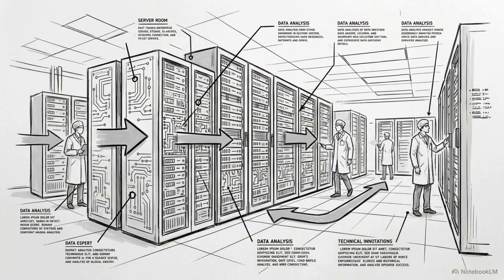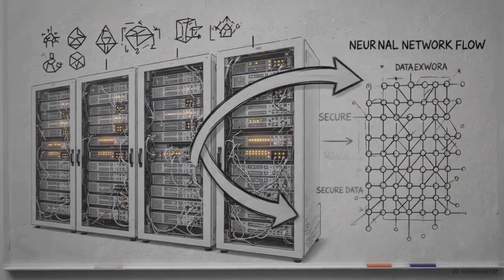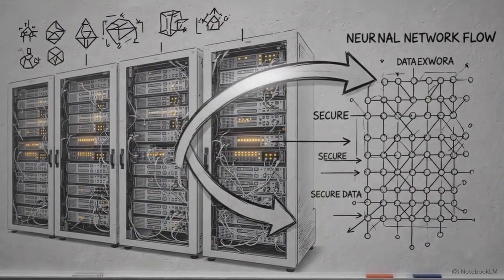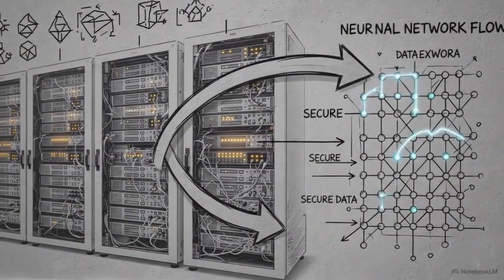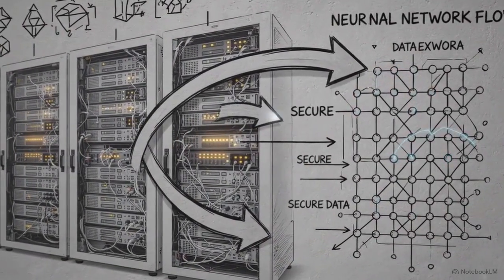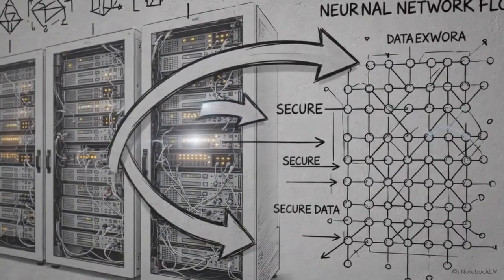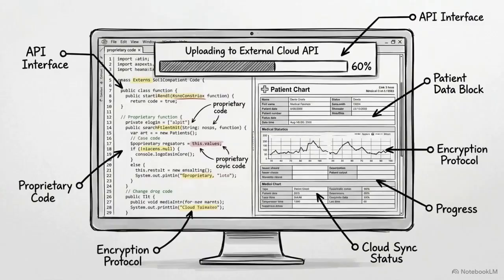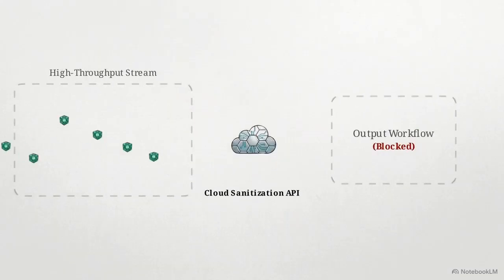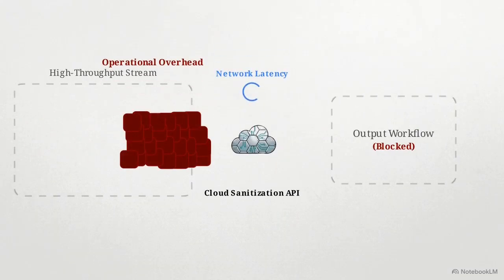Securing enterprise text pipelines requires solving a specific engineering problem: reliably detecting and redacting personally identifiable information from unstructured data, while executing entirely on local hardware, never transmitting that sensitive data over an external network. Sending unredacted enterprise data, proprietary code, or medical records to external cloud APIs creates immediate compliance vulnerabilities and a high probability of data leakage. Relying on cloud-based sanitization pipelines also introduces operational overhead and network latency that slows down high-throughput